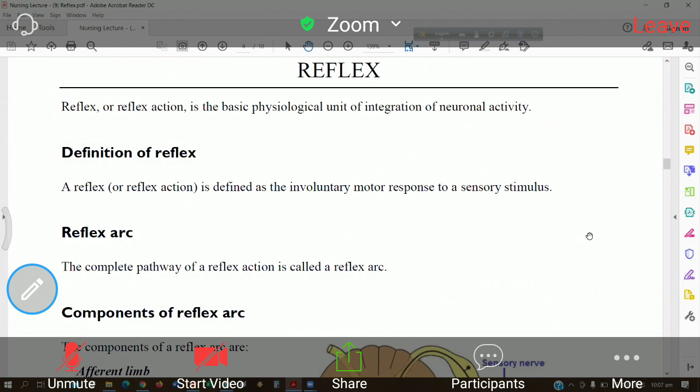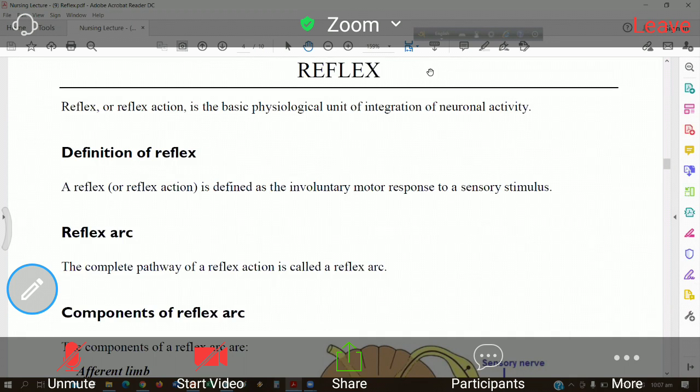What is the reflex? Reflex or reflex action is defined as an involuntary motor response to a sensory stimulus. Here there are a few specific keywords. One is